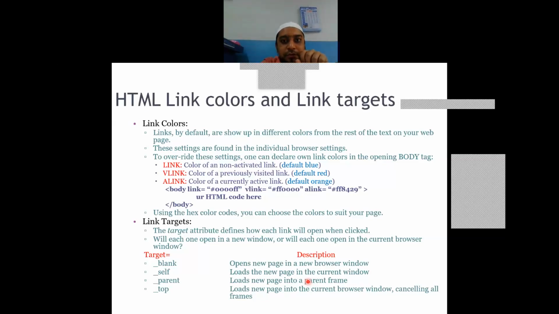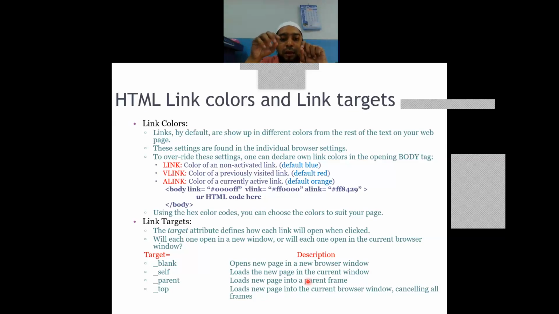For example, in this particular screen, I can split it into four or five different sections. In the first quarter, I can display something. In the second quarter, I can display something. In the third quarter, I can display something else. So I can display around four pages within this one single screen window.